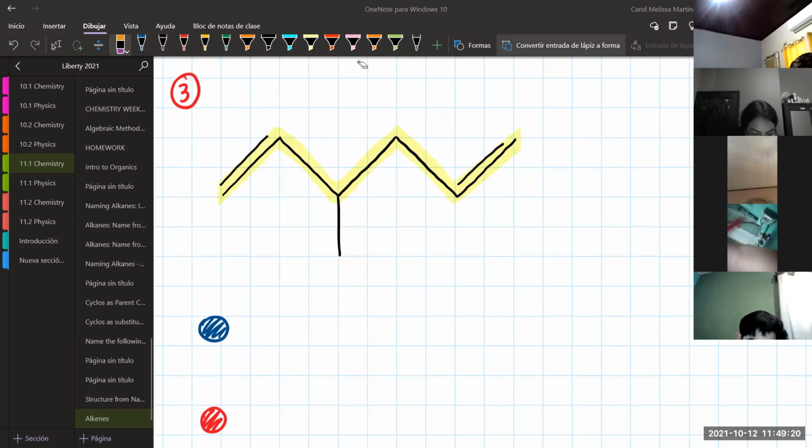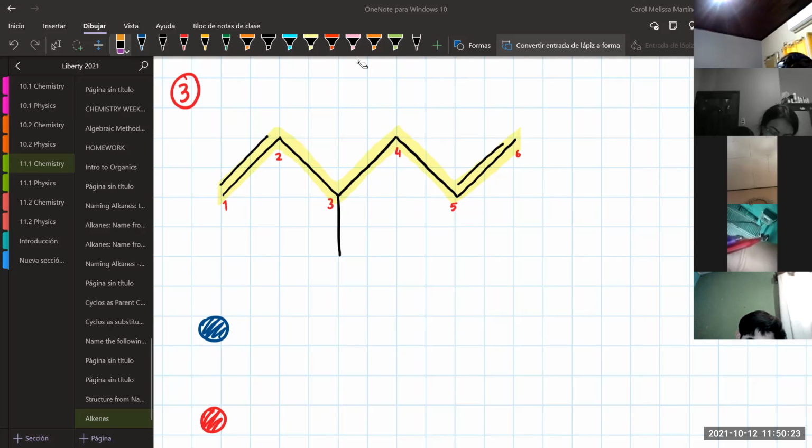Now, where is the double bond located, in the right or in the left? That's a tricky question. In both, that's the answer. Thank you, Ashley. Yes, the double bond is located on both sides, okay? And so we cannot say that the double bond is to the right or to the left. No, it is on both sides. So because it is on both sides, we need to do the two paths, the blue path and the red path, okay? So I'm going to number the carbons 1, 2, 3, 4, 5, 6, and